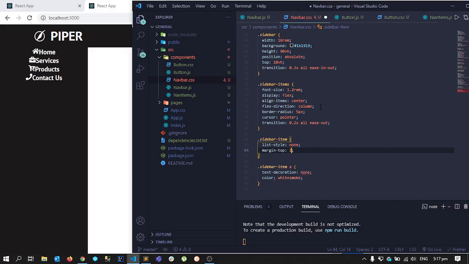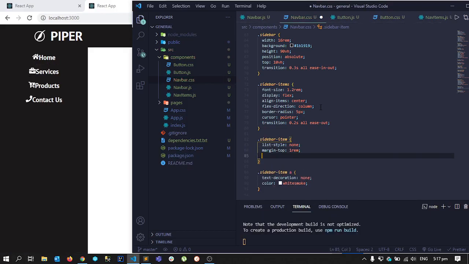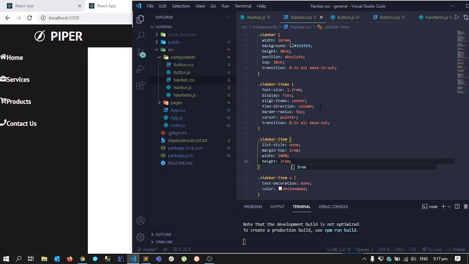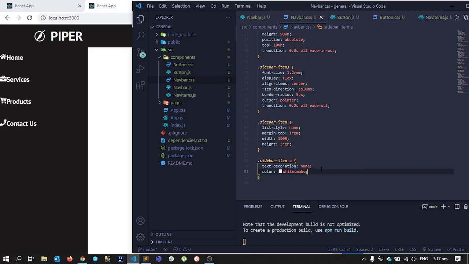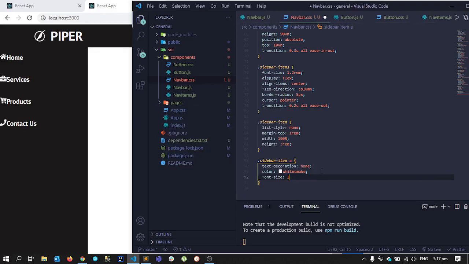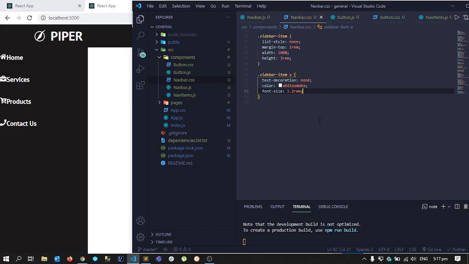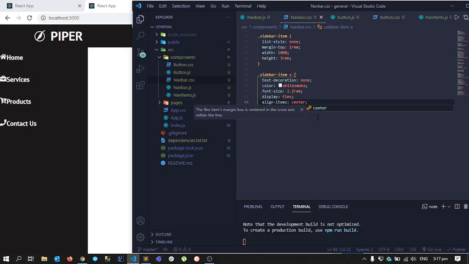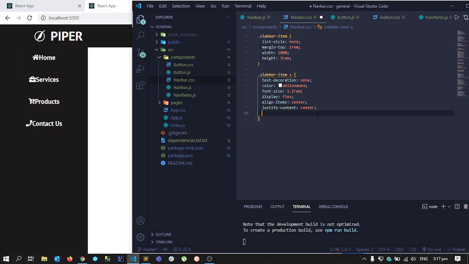Margin top will be 1 rem to space them apart, and width will be 100% and height will be 3 rem. Okay, and then we can go to our sidebar A, change the font size to 1.2 rem and display flex, align items center and justify content center to align them vertically and horizontally. Height will be 100% of its parent,